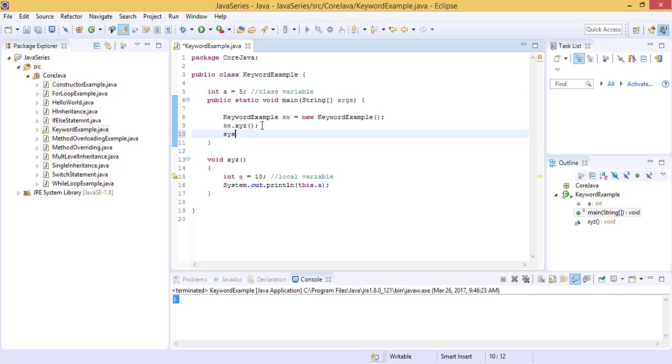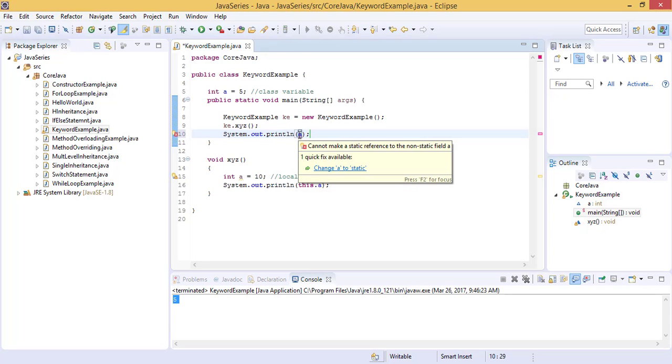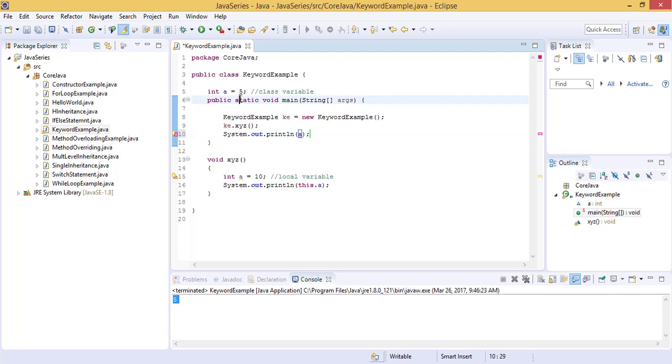Let me try to print the variable a, which is the class variable and is non-static too, from here. You can see that we are getting an error. The error says cannot make a static reference to the non-static field. Why? Because the main method is static, so we cannot call a non-static variable.